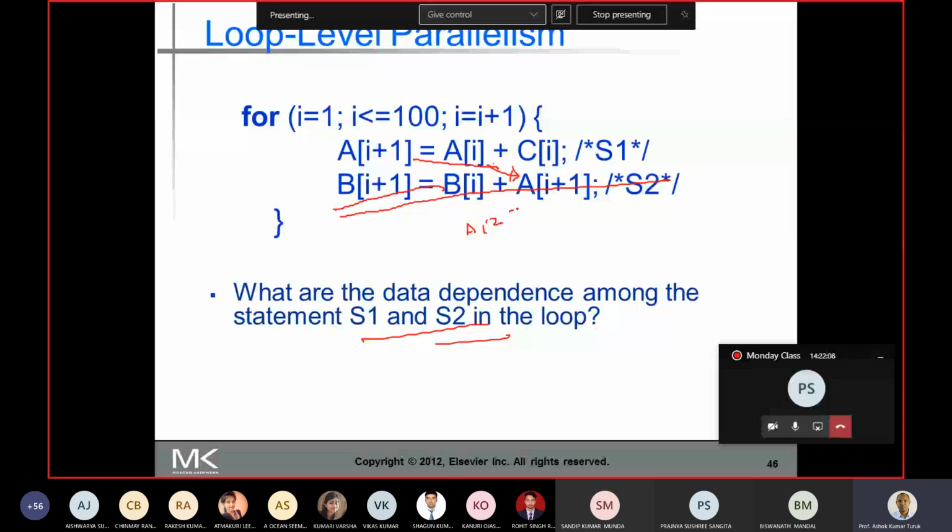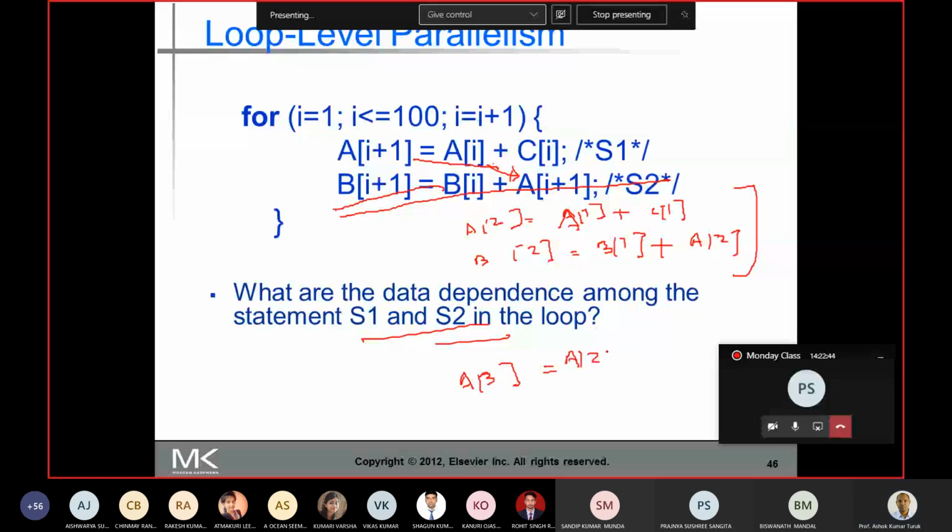Now when i is 2, A3 is equal to A2 plus C2, and B3 is equal to B2 plus A3. It is very difficult to write today.